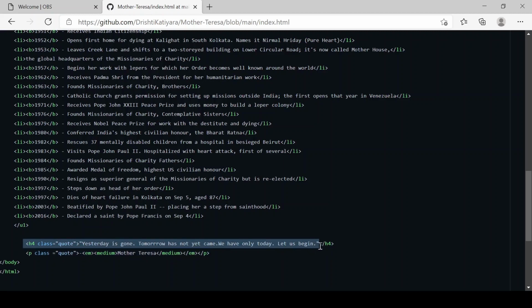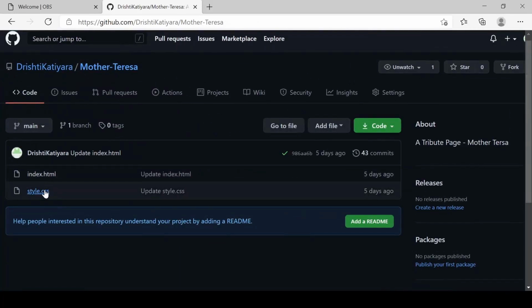Here we have included the quote which is said by Mother Teresa, and normally we write the author of the quote, so we have included that as well. Here the EM tag is used for making the text look italic, and medium is the size of the text. Finally, we have the closing tag for the body as well as the HTML doc. Now let's look at the CSS code.